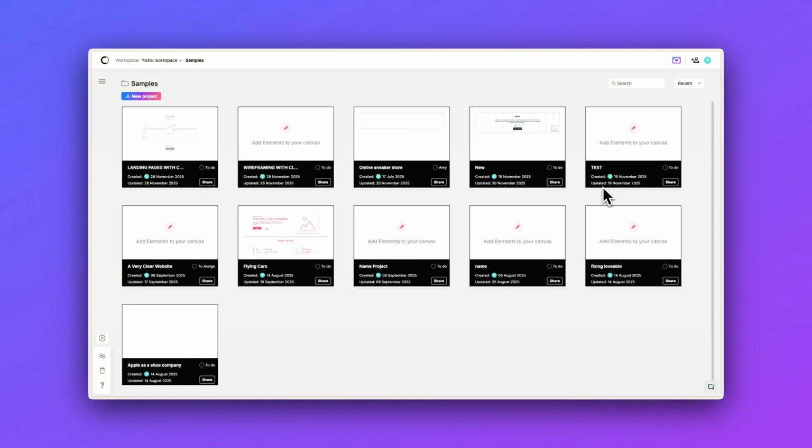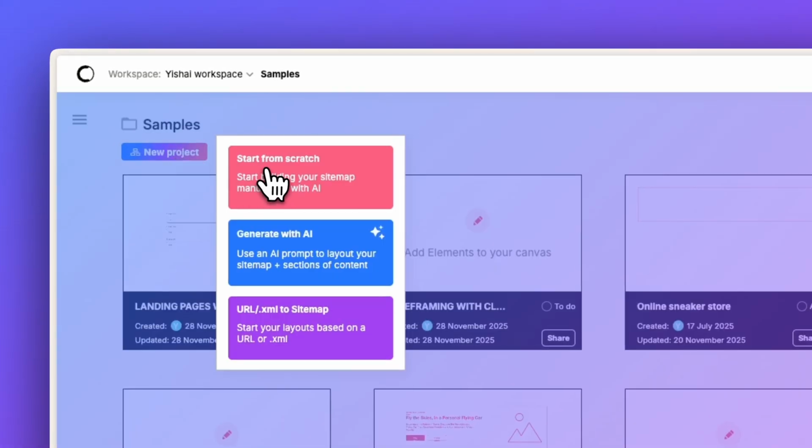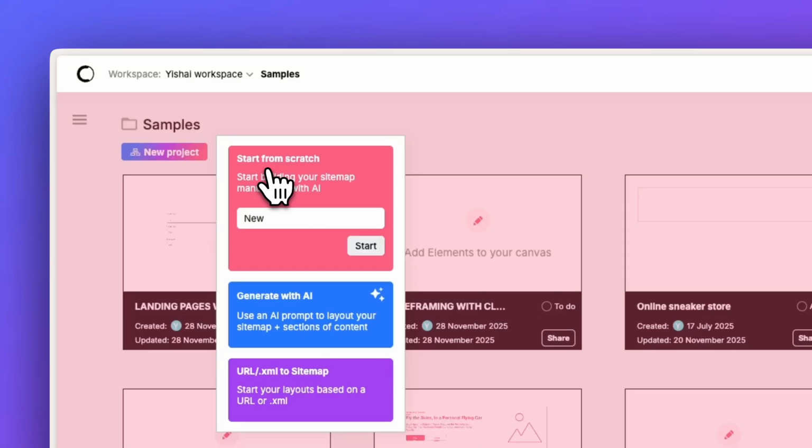I want to quickly show you how to deploy beautiful landing pages in Claritee using AI. It's very fast, it's very controlled, and it works very well. So let's show you how to do it. When you're in your room, you go ahead and click New Project at the top and give it a name